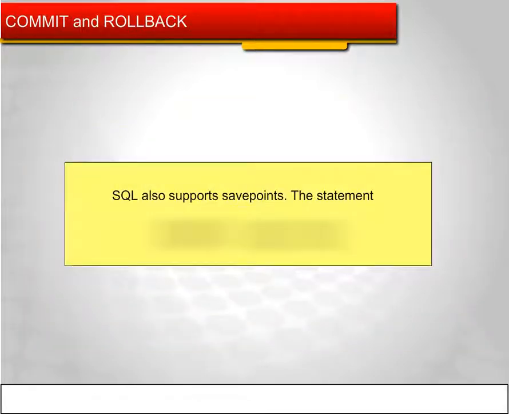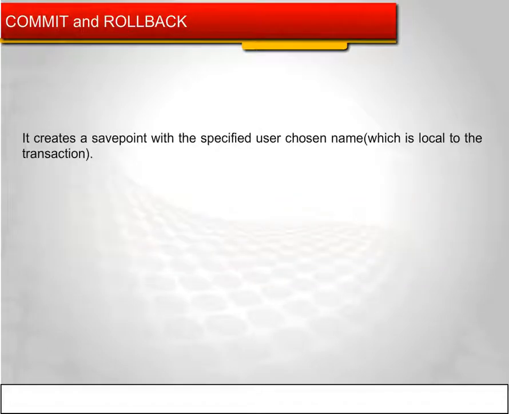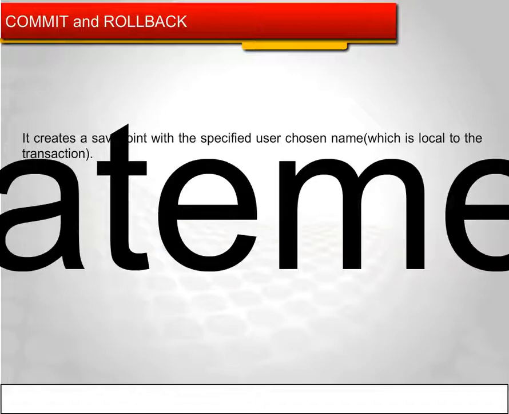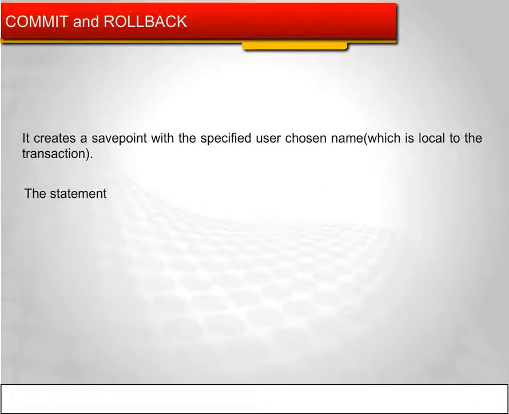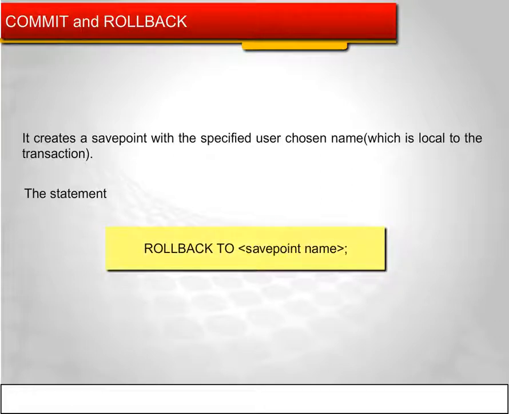SQL also supports savepoints. The statement SAVEPOINT name creates a savepoint with a specified user-chosen name which is local to the transaction. The statement ROLLBACK TO SAVEPOINT name undoes all updates done since the specified savepoint,